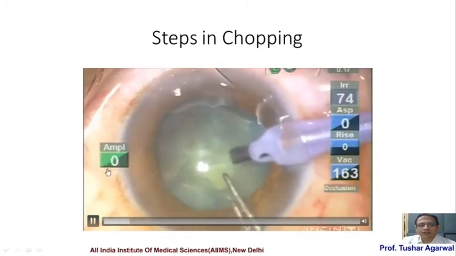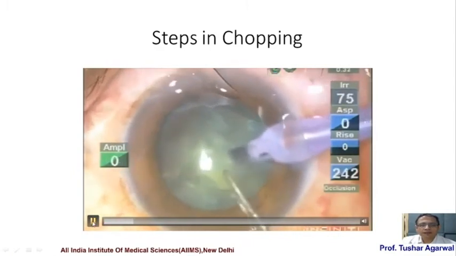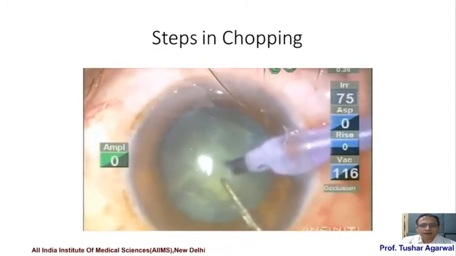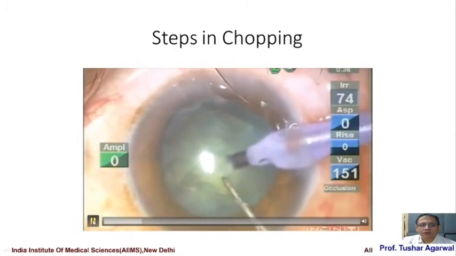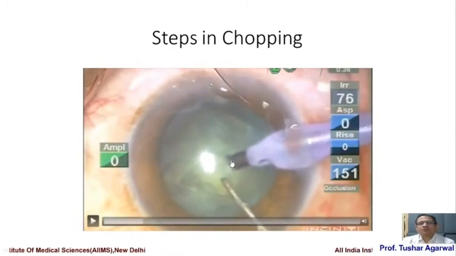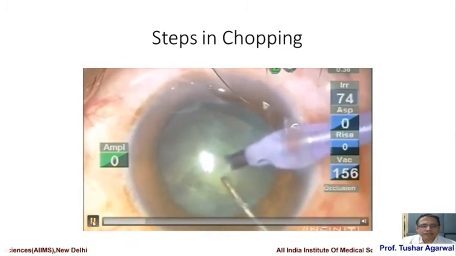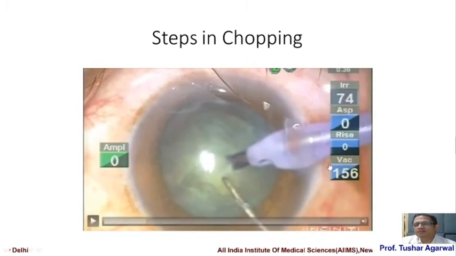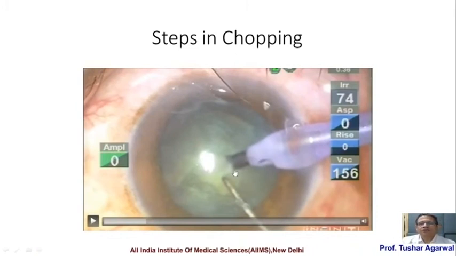At this point you initiate phaco and you will find emulsion forming, and then you keep going till you have a good hold on the nucleus. Once you find that the needle has gone into the nucleus, at that point again you see the phaco power has become 0, but the vacuum is still there. So you gave vacuum first, you gave phaco to impale the needle, and then you have stopped at vacuum again, and you keep your foot switch at position 2 to keep it on vacuum.